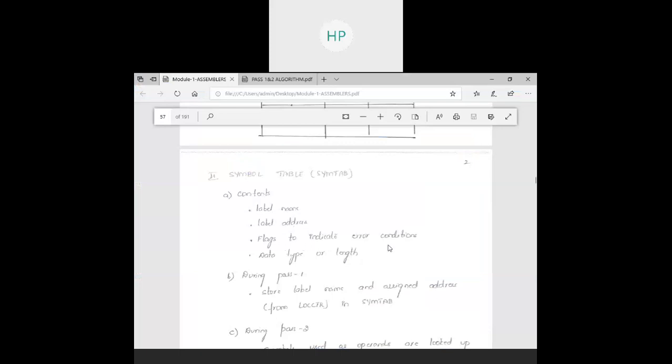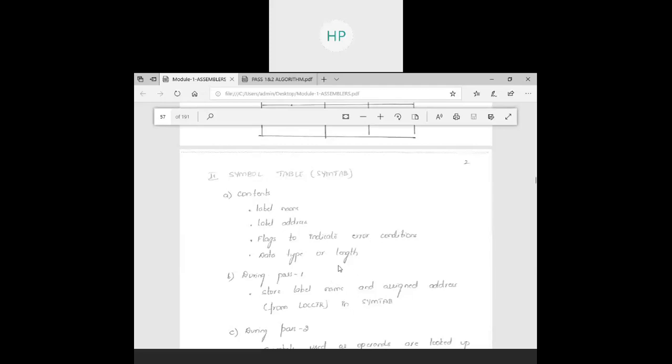That means if you have a duplicate, if it's already found and you are again trying to insert into the symbol table, it says that it is a duplicate entry. That's what you get in syntax errors, correct? Multiple declaration, or the variable is not used, or the variable is not found. All those things will be done over here.